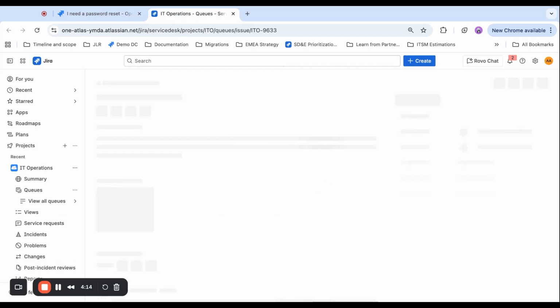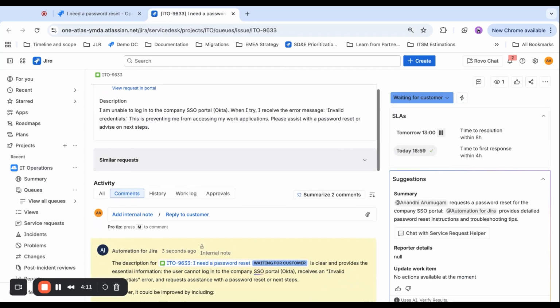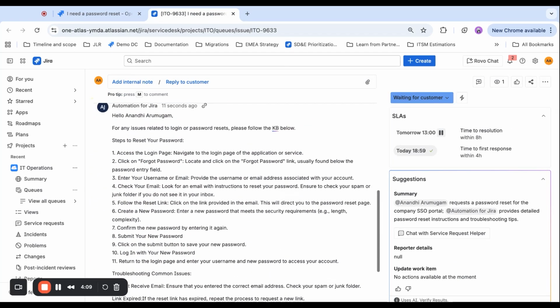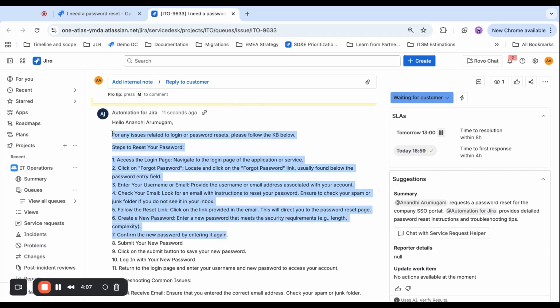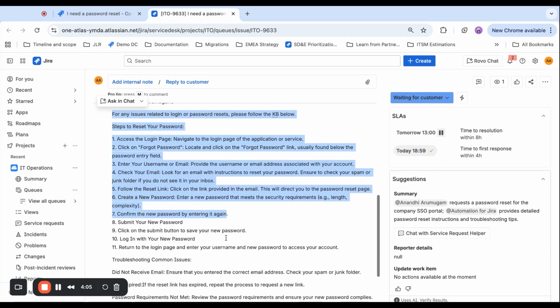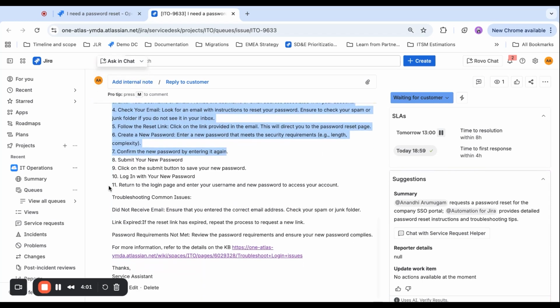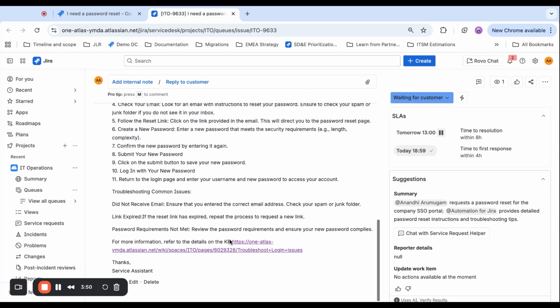Now the system is also capable of automatically responding to these issues with the instructions: what steps I should take to reset my password, and what to do if I don't receive any email or anything when I click on forgot password. So the system also shows the link to any knowledge base article that is available for me to further troubleshoot